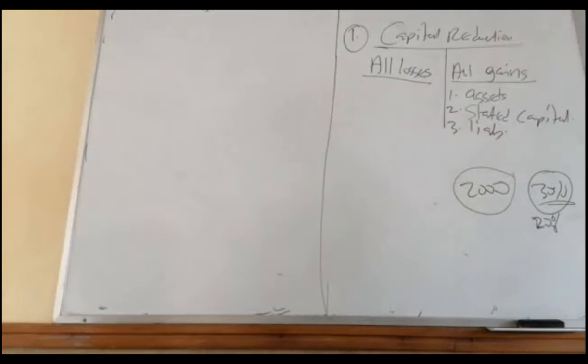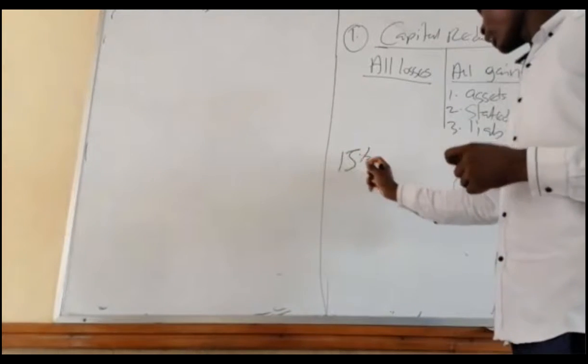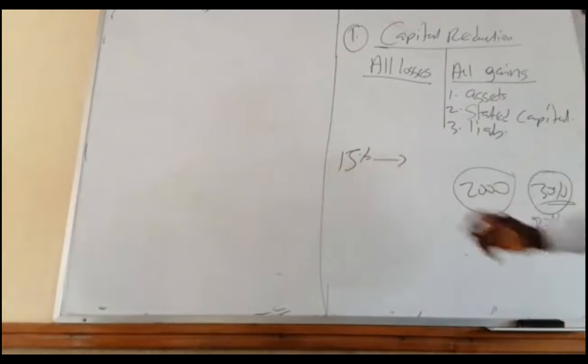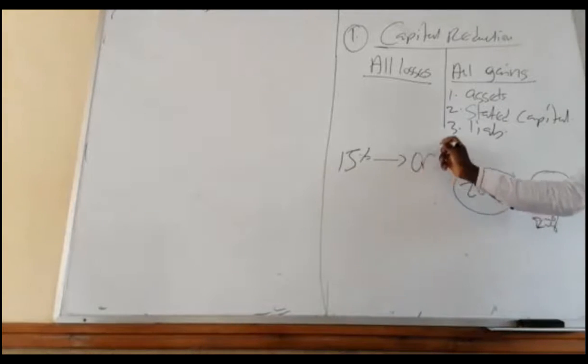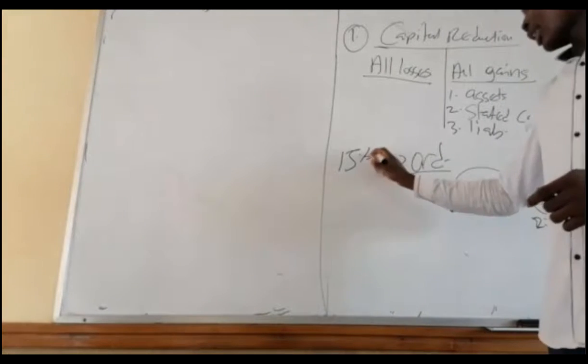So cancel 20%. So that 20% of the debt, which is 400, is a gain to the company, but a loss to who? The debt holders. Good. So it must come here. Any gain coming from where? The liability. Sometimes too, you can also decide to convert their debt, especially debentures. We have 15% debenture. You can convert it to what? To that of ordinary shares. Why do you do that? You do that because the company is struggling. The 15% debentures,